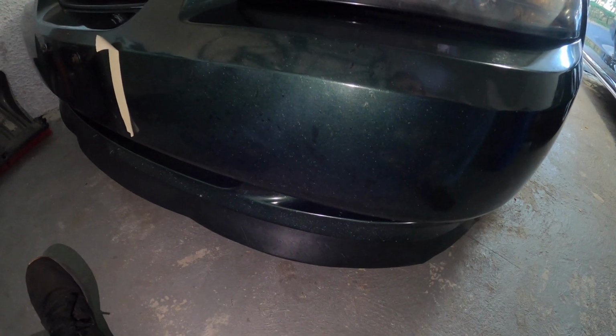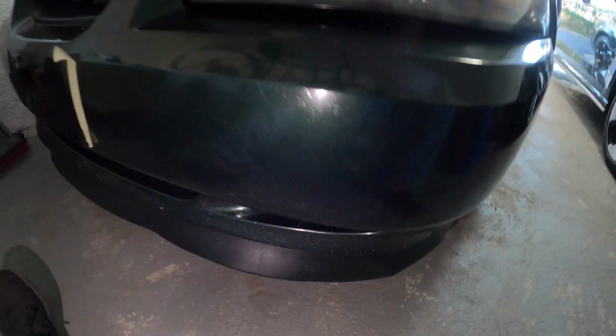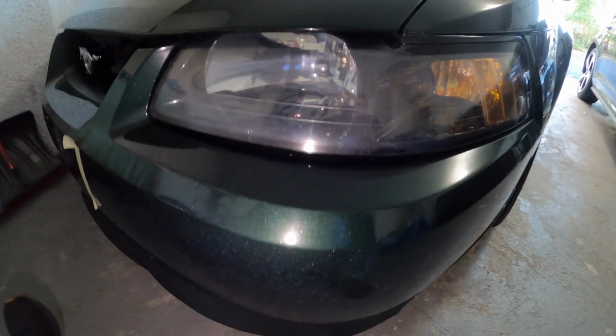It takes a little bit of time, and in the long run it's worth it if you put in the effort and the time. But don't go seeking perfection or perfect color matching or anything. It's more or less not going to be like that. So the next step's either redo the headlights